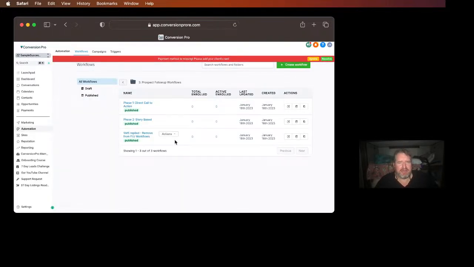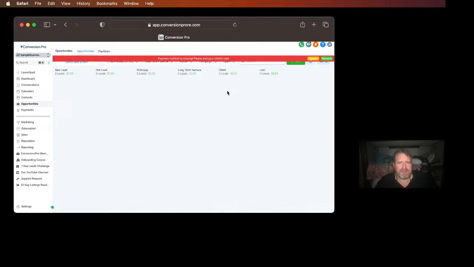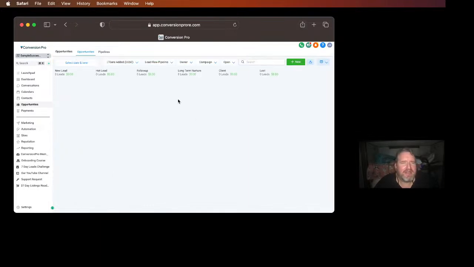Once they go through these funnels and these workflows, where we want them to end up is in the opportunity section. Sorry, test account. You'll see that we have a lead flow pipeline, a listing pipeline, listings, and a purchase pipeline. For example, you can see that we can start with the appointment stage. That's kind of what kicks them off, and then it takes them through this. That way you'll be able to see where all these people are in a clear, concise pipeline model.